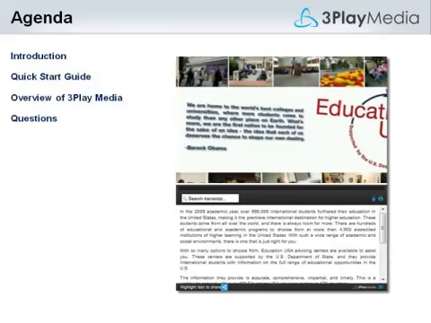So the agenda today, we are going to walk through an overview of interactive transcripts. We'll also go through the process and workflow step by step of just how to get those interactive transcripts on your site. And we'll also provide a little more information about who we are as a company.